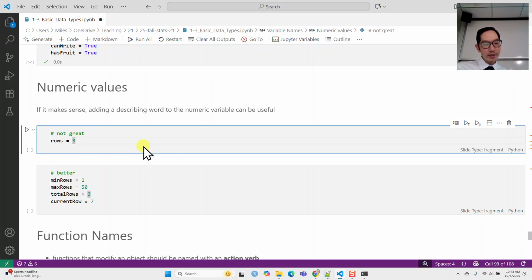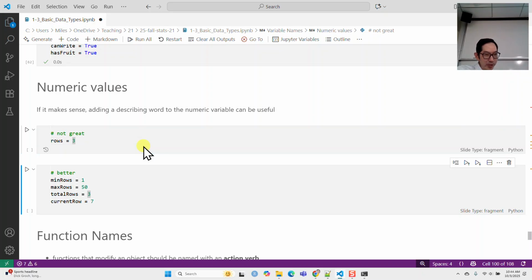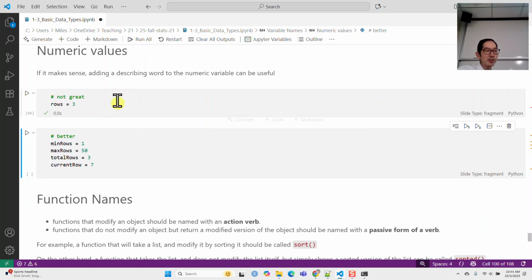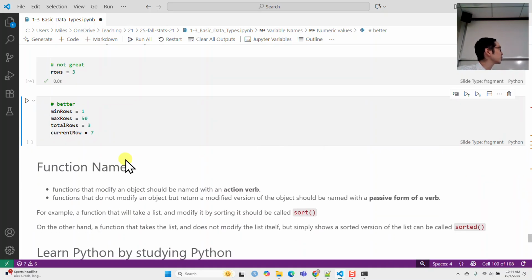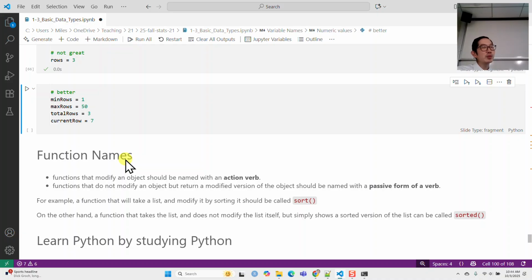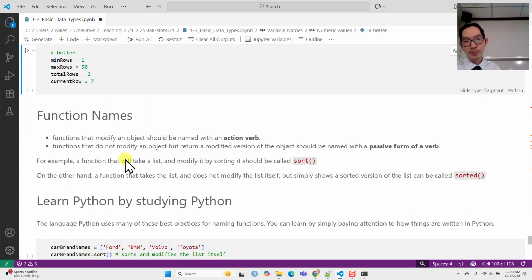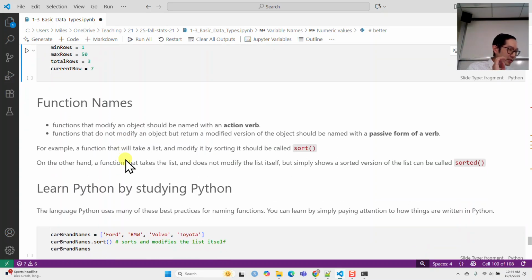Okay, similar kind of thinking as far as variables that store numbers. Adding a descriptive word can be helpful. So instead of just rows is equal to 3, what are we talking about? Minimum rows, max rows, total rows, current row, those types of things. These little descriptors suddenly make the variable much more useful. And then similar naming practices, and this isn't just for Python, but programming in general, is